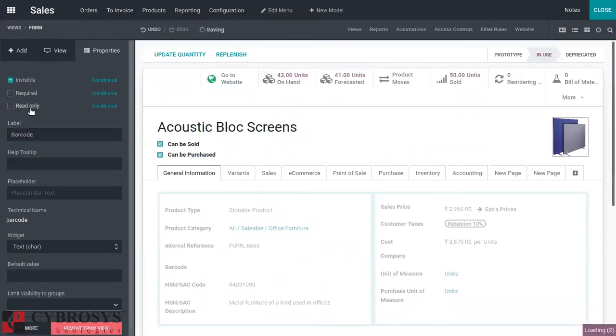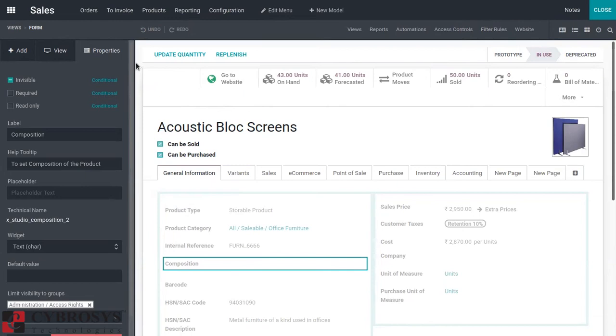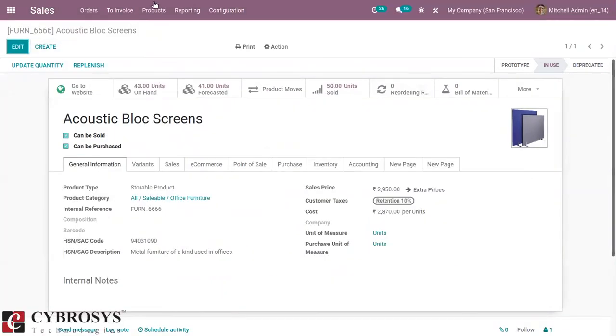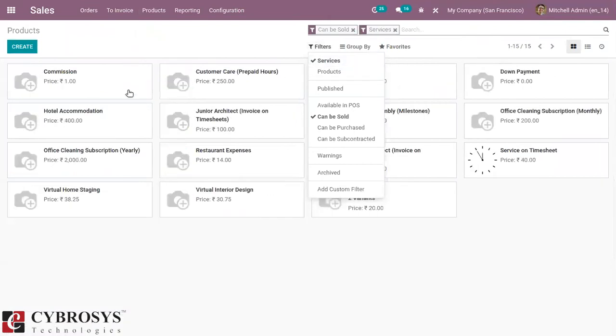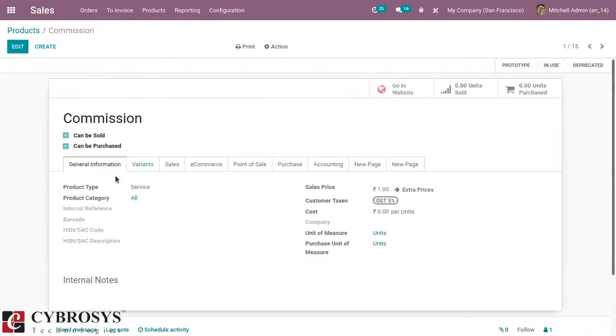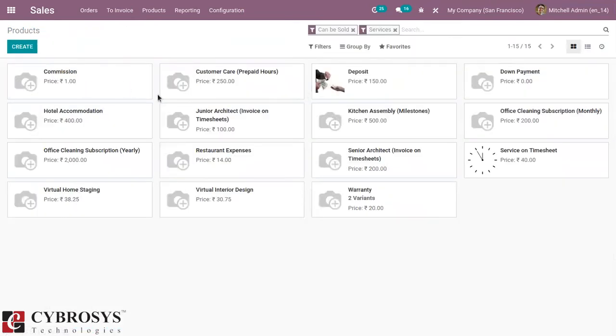Then we can make it read only, so it will not be editable by the user. So when the product type is service, this field Composition will be made invisible. Let's close this. Inside this form, you can see the field Composition cannot be seen because it is made invisible as the product type is service.